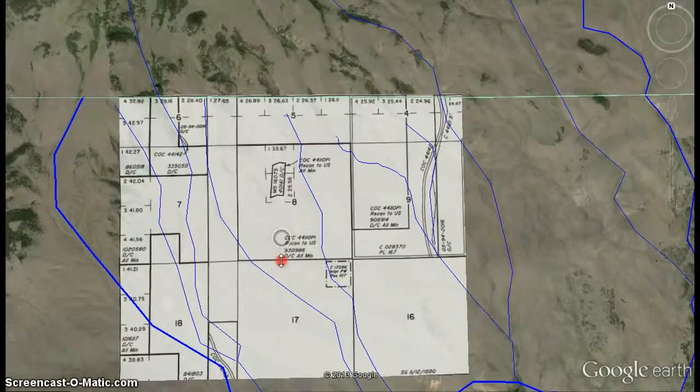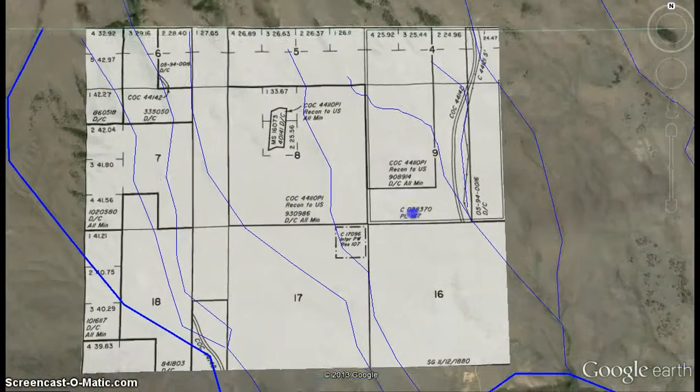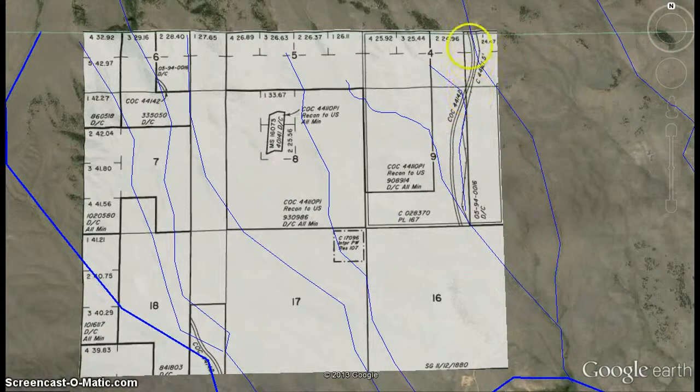And then in here, basically this shows me if an area is open for mineral exploration or not, because some of these areas are, like this one here says DC all minerals. That means all minerals are allowed here. Basically you can search for minerals here as well as here. You have to avoid these, these are easements or right-of-ways. You can't do any kind of mineral exploration along that